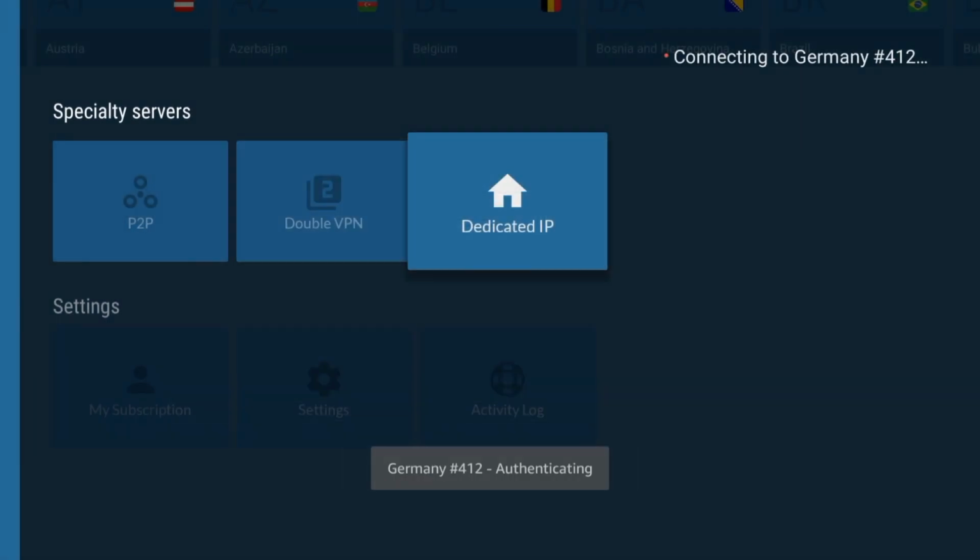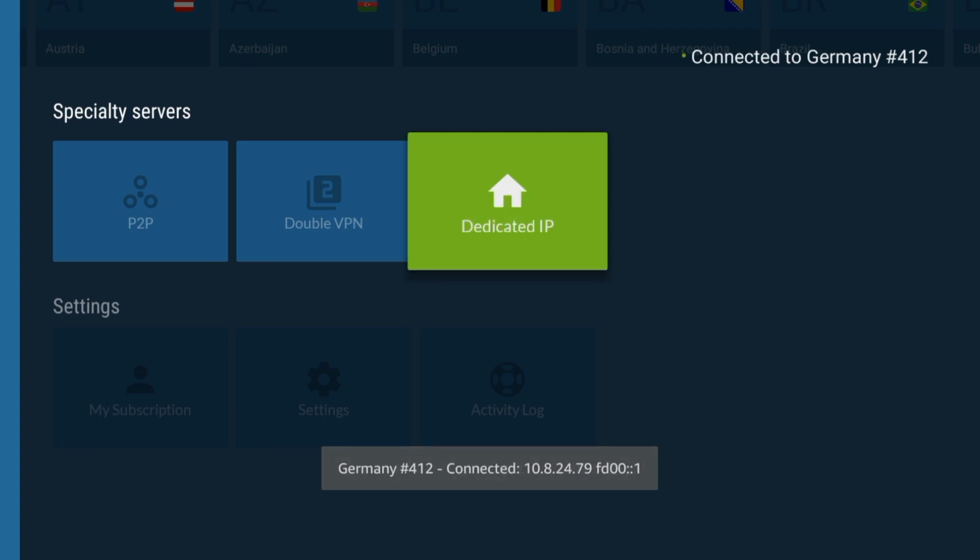It's safe to do it, so simply follow the prompts to create the profile. Once you're connected, your selected server tile will light up green. A word "Connected" will appear at the top right part of the application, indicating a successful connection. To disconnect, click again on the tile of the server you are connected to.